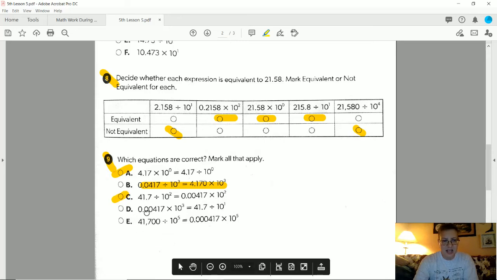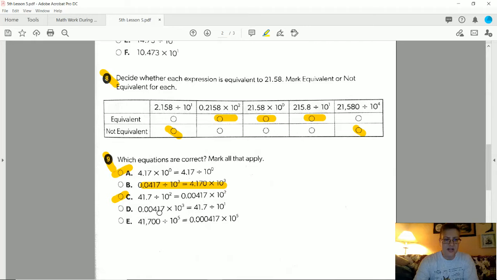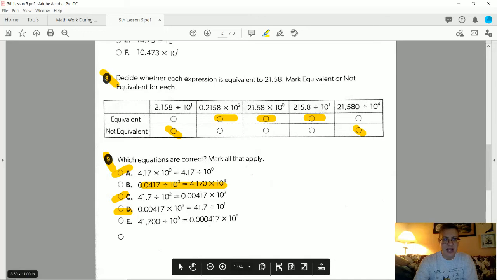Letter D, I'm not even going to try to say what that is. Times 10 to the third, we are going to go to 4.17. This one, if I go backward 1 spot, gives me 4.17. That would be equal. And the last one,